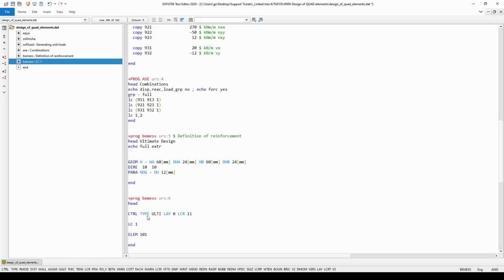You can add it in parameter type, and as you can see, I have entered ULTI, which stands for the ultimate limit state design. With parameter lay 0, I have just chosen the method to be used. Because BMS is capable of using two different types of methods, with value 0 at parameter lay, the software will use the so-called Baumann method, whereas if I entered lay 1, it would mean that the software will use the so-called